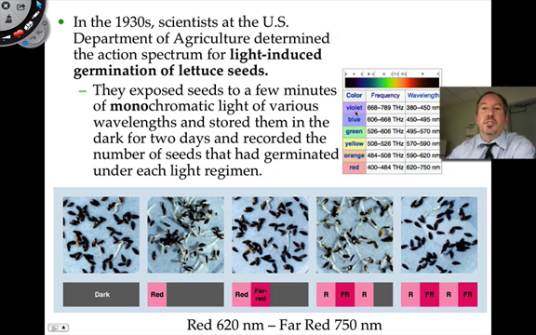And so as it turns out, let's shoot violet at it, nothing. Let's do blue, nothing. Let's do green, nothing. Yellow, nothing. Orange, nothing. And as you can see here, when you shine red light, they're able to start to germinate. And of course, they do not germinate in the dark. So they like red light to germinate. But then check this out. When you crank up the frequency just a little bit more, so pure red is 620 nanometers,